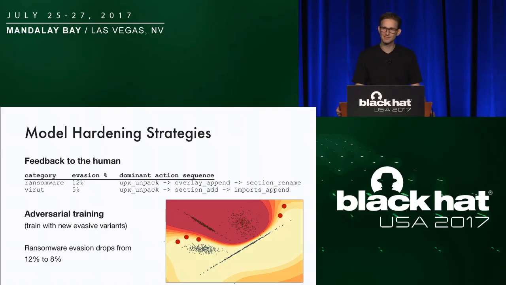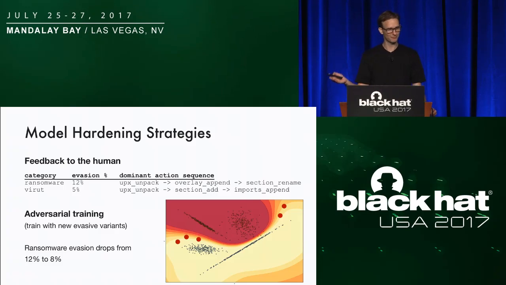There's actually even an easier approach. Really simple, all that this process is doing is trying to find new samples that the world has never seen and this model has never seen, that live somewhere else in this feature space, that the model is getting wrong. And all we want to try is to feed those samples back into the model and let it learn from its mistakes.